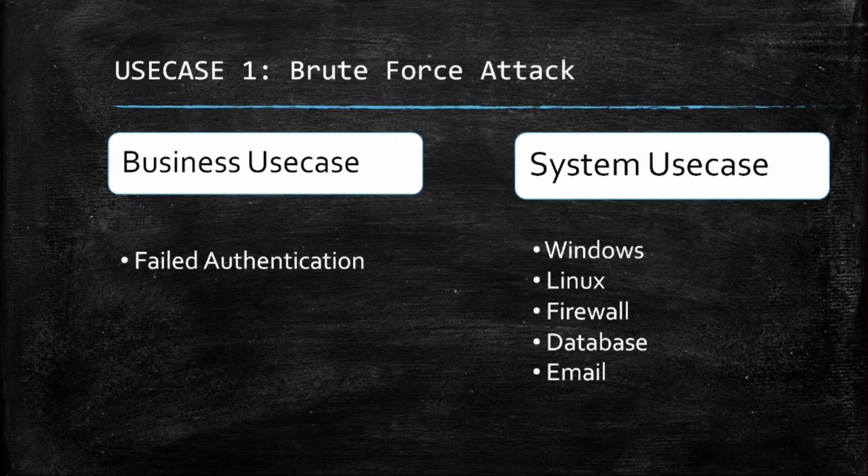But in the case when we have a rule only for monitoring failed authentication for a Windows machine, that means you are covering only 20% of your network. To cover 100%, you have to place this rule in all devices where an authentication can be made.